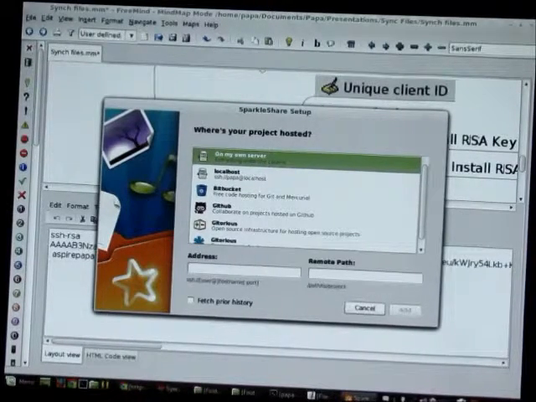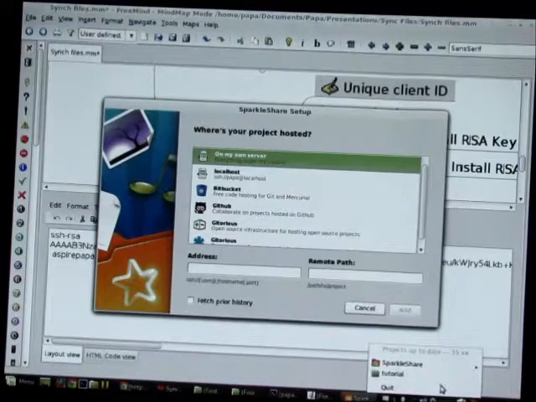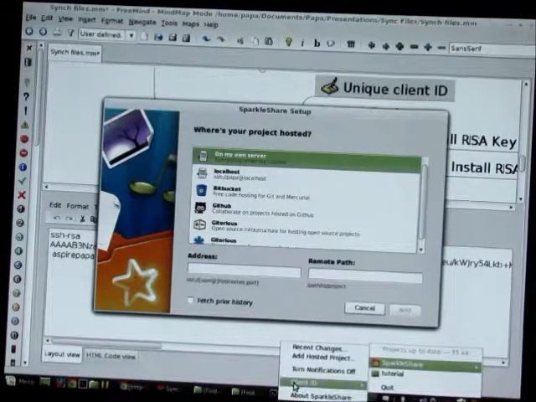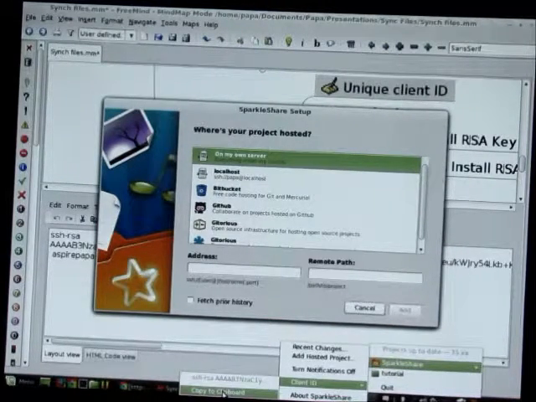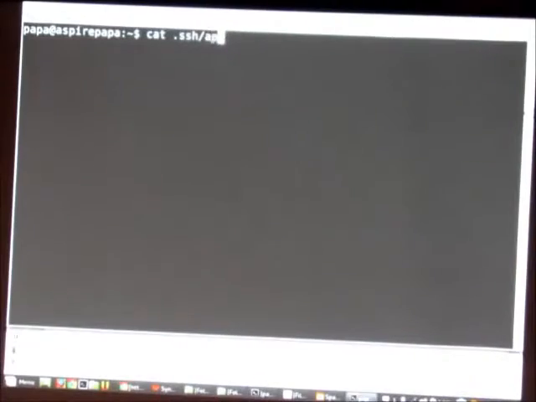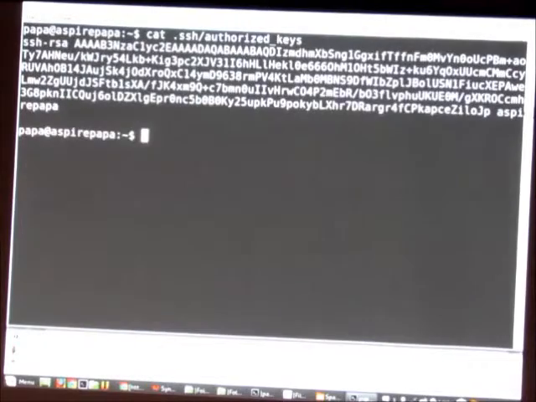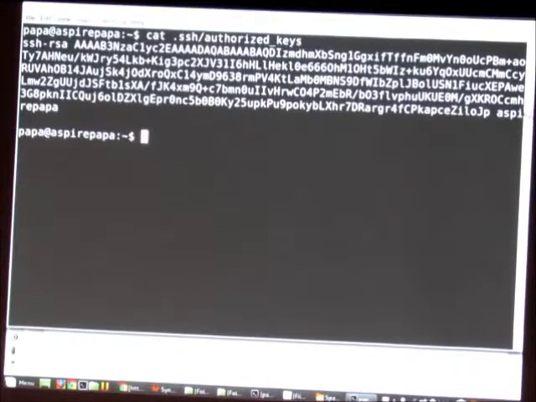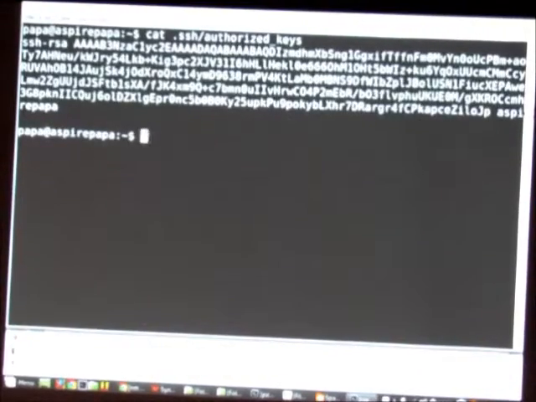The nice thing is that if you come here and you say client ID, copy to clipboard, it actually copies the key to the clipboard, and you have to do something manually. You just add it to your authorized keys on SSH. On the server side of the SSH,